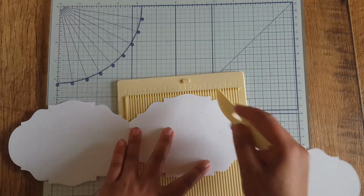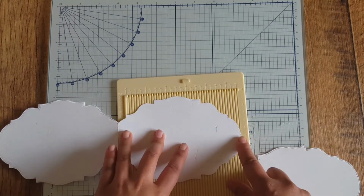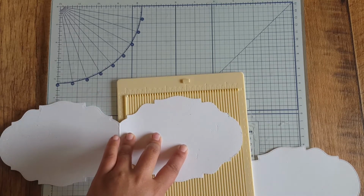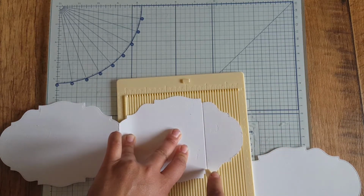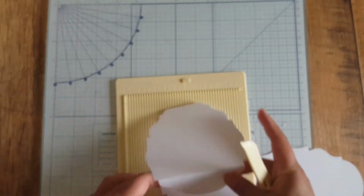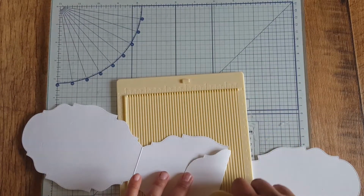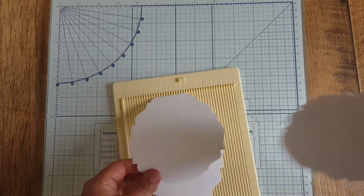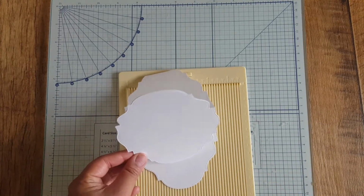So what I'll do, probably, let's have a look how far I want it. Probably go about here. Just put a little crease in there. And then that'll give me my easel. And this will be standing on here like that. Okay,